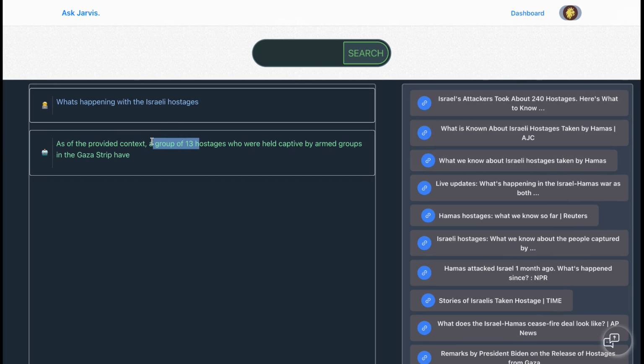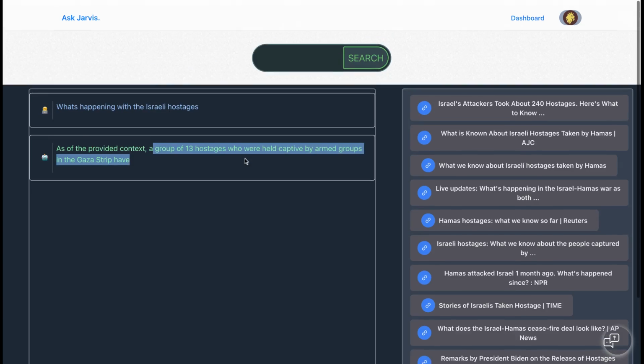As of the provided context, a group of 13 hostages who were held captive by armed groups in the JavaScript